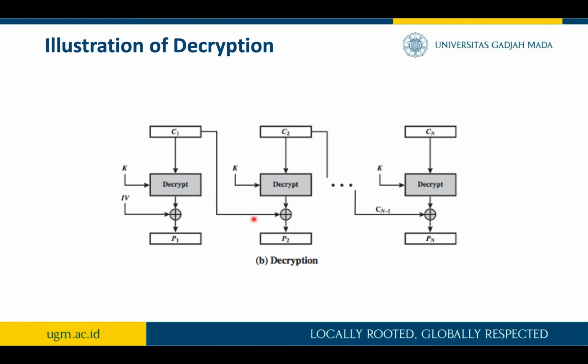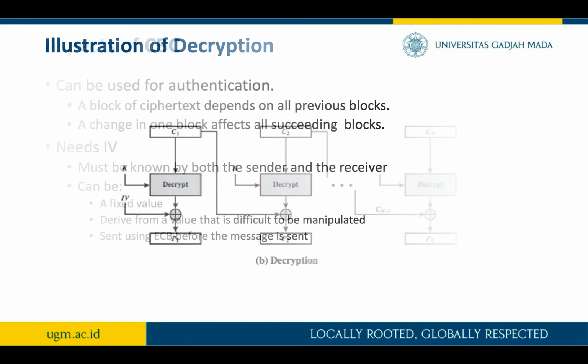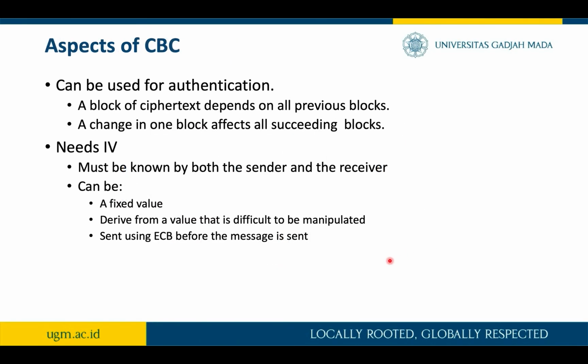For the next one, we need to decrypt again the second ciphertext block using the key K, and then it must be XORed with the previous ciphertext block to produce P2. So that process is applied to all of the ciphertext blocks here, and at the end we will get Pn, or the end plain text block. Okay. With that chaining,